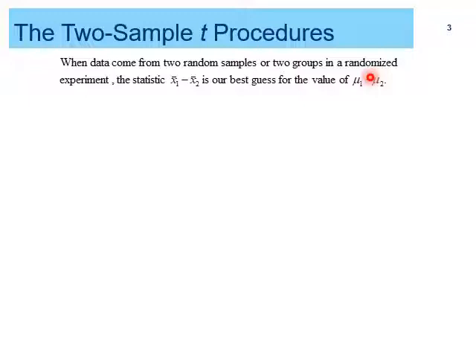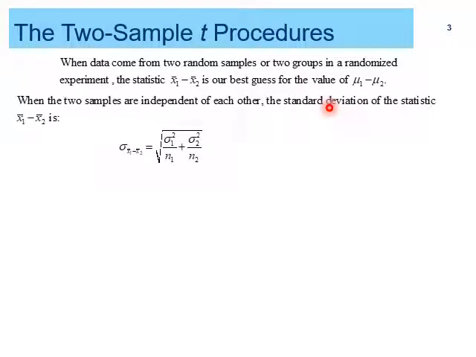For the comparison, the null hypothesis is mu1 is equal to mu2. So if mu1 is equal to mu2, that is, if we subtract mu2 from mu1, the subtracted value should be 0. So it would show that there is no difference. So that is the reason we are subtracting here.